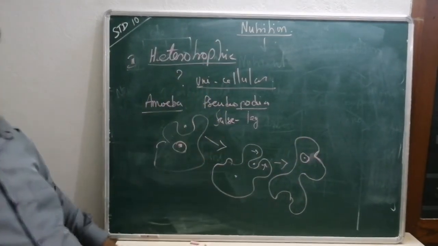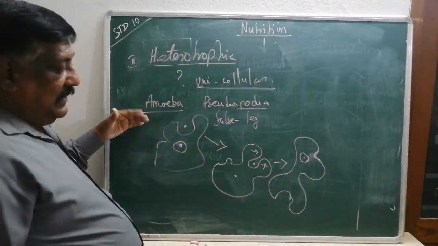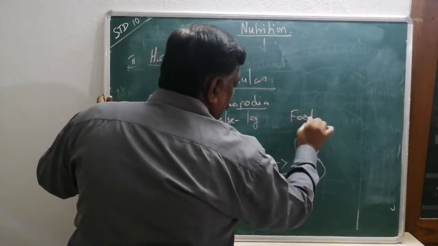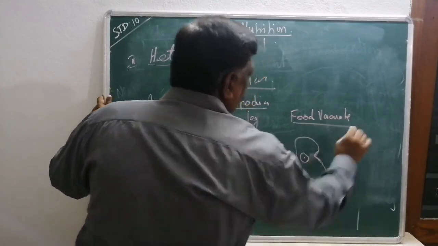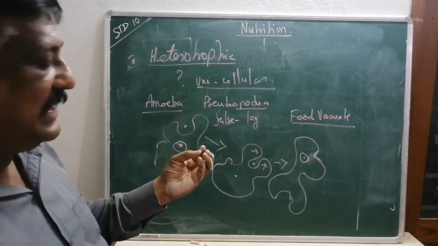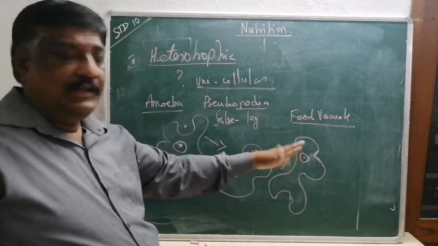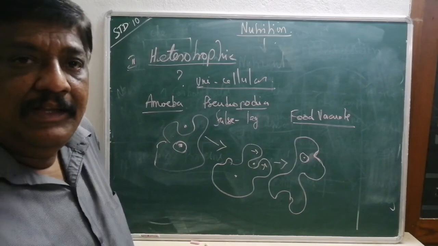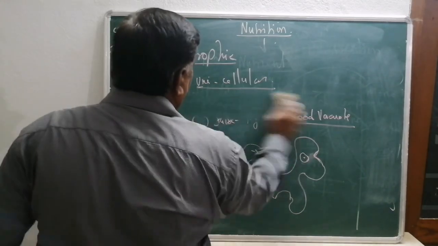This is the type of food intake by the amoeba. And what is formed is called food vacuole. Now the food is inside with a little covering, and then it digests the food and gets the energy. This is a simple nutrition in amoeba. Okay, now we are going to see the